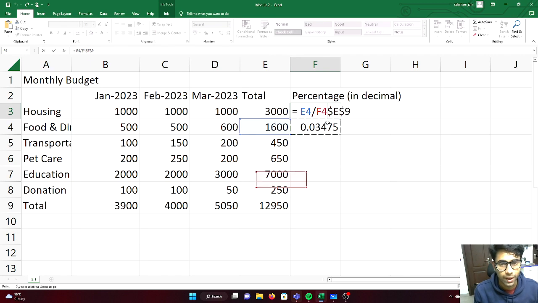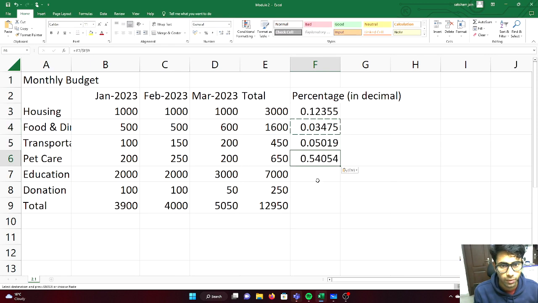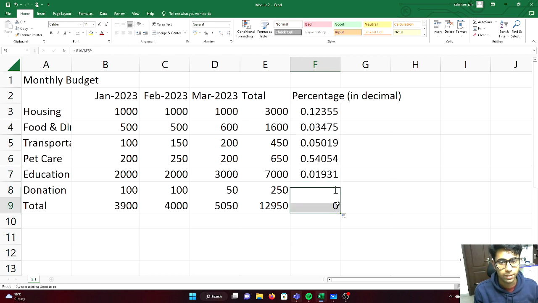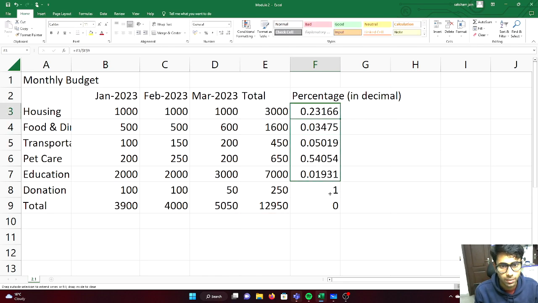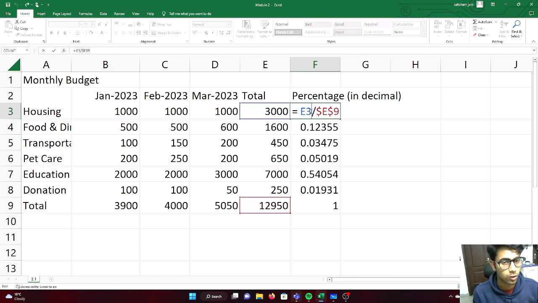Again, if I copy this and paste it here, or simply drag it, you can see that this is going to be E3. Sorry, I used the formula wrongly. Just make a minor change. This is going to be E3 because this is row number E3. I thought that this was E4. I'm sorry. So now copy it down, and you can see that this is going to be E4 divided by